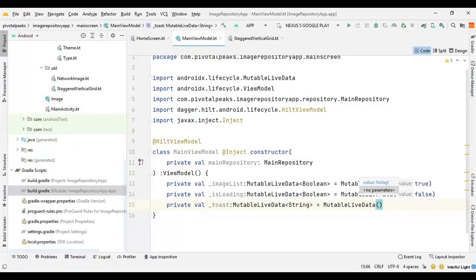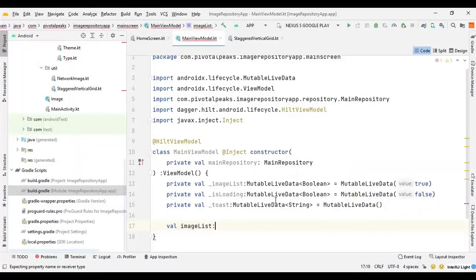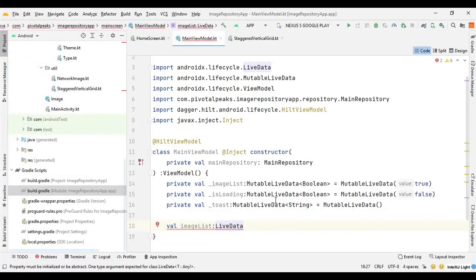Now we need an observer to observe the changes in the image list. So we can use live data, which is a data holder class that can be observed within a given life cycle. So we can say val image list of type live data, and here we need to provide our data class.